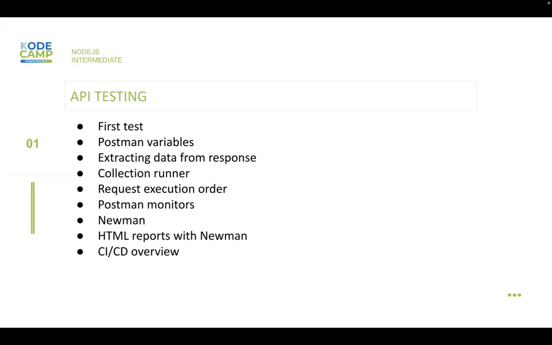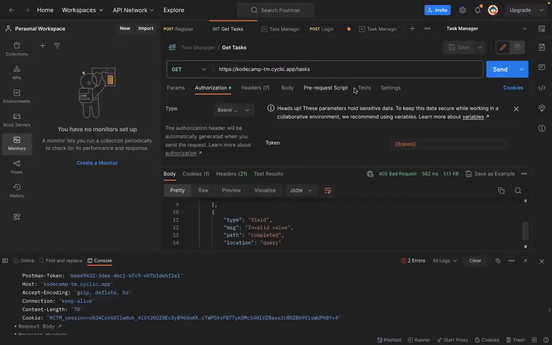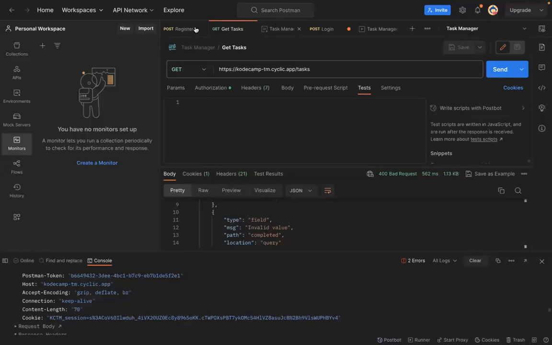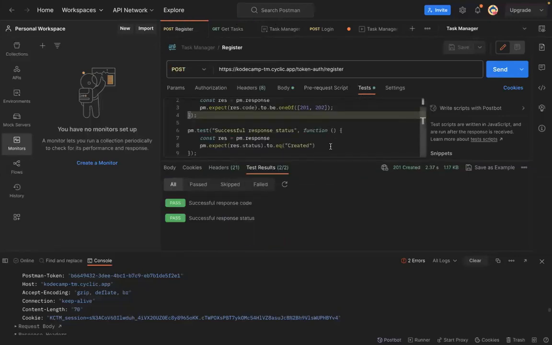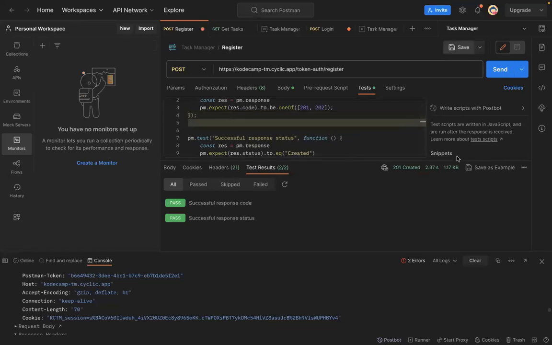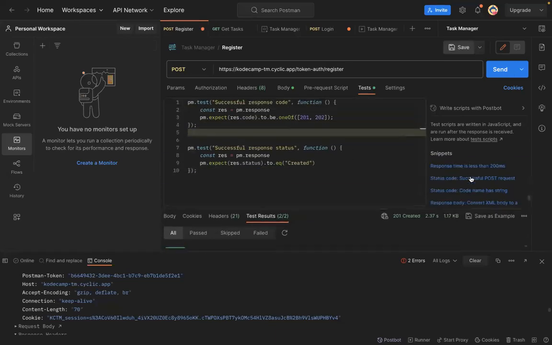Postman variables, and let's just touch a little bit on variables. We have test, register, test here. Come down to your snippets, check how we can add an environmental variable, select a collection, set a collection variable like so. Then you set, let's say, token. Then you want to set it to